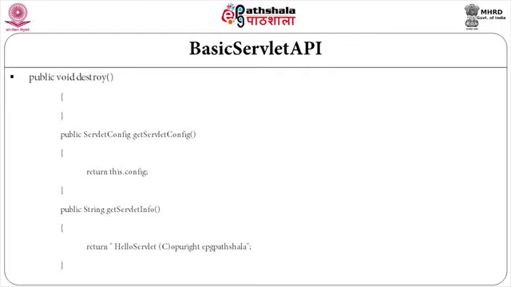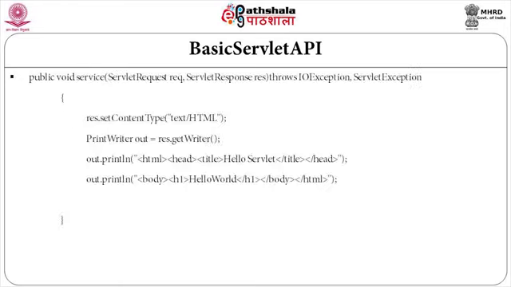The important one, the main method, the regular lifecycle method, that is the service method we used. So, we have our public void service, 2 parameters. First one is servlet request, let us use a variable name request. Second is servlet response, variable name as response. The methods we are going to use within this may throw an IO exception, and there is another exception which may also be thrown, that is the servlet exception. So, this method throws IO exception and servlet exception.